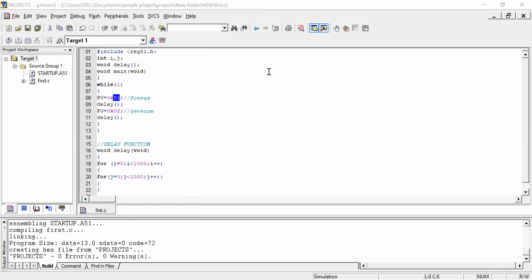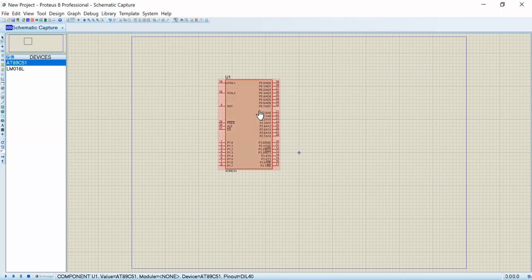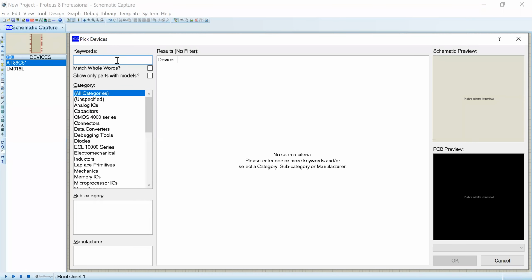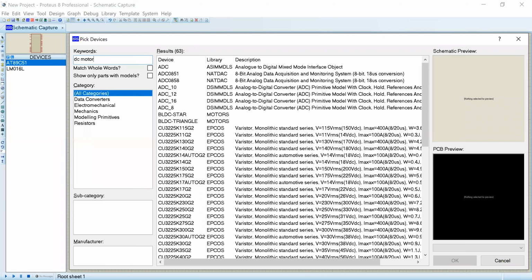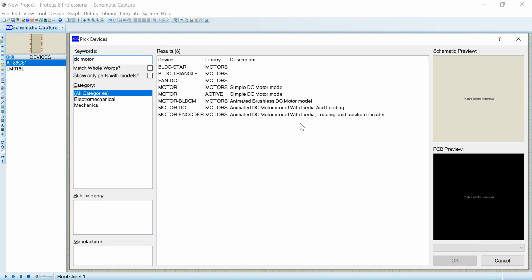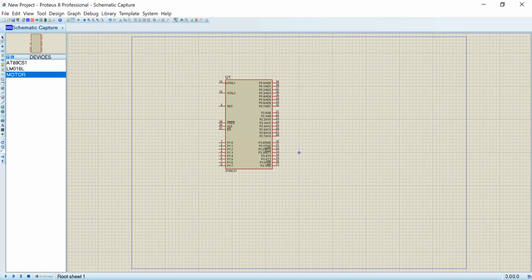So now I will open Proteus. I'll take the controller, and I want a DC motor. I will take a simple DC motor.